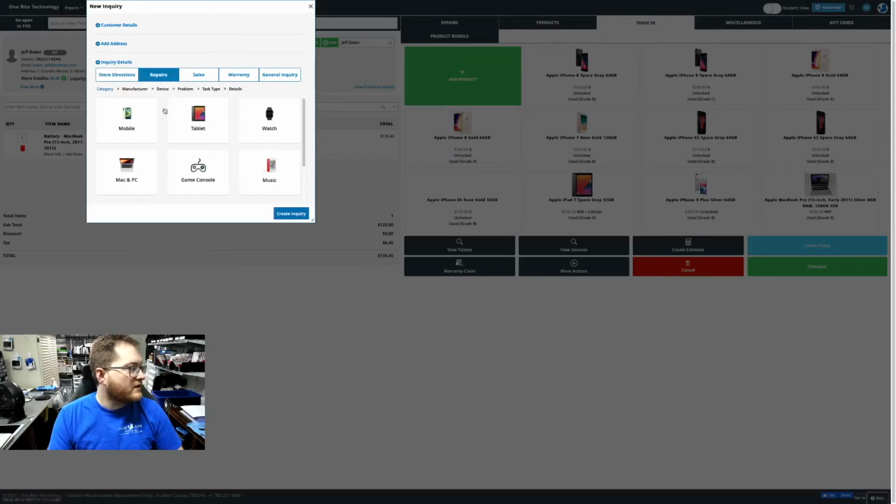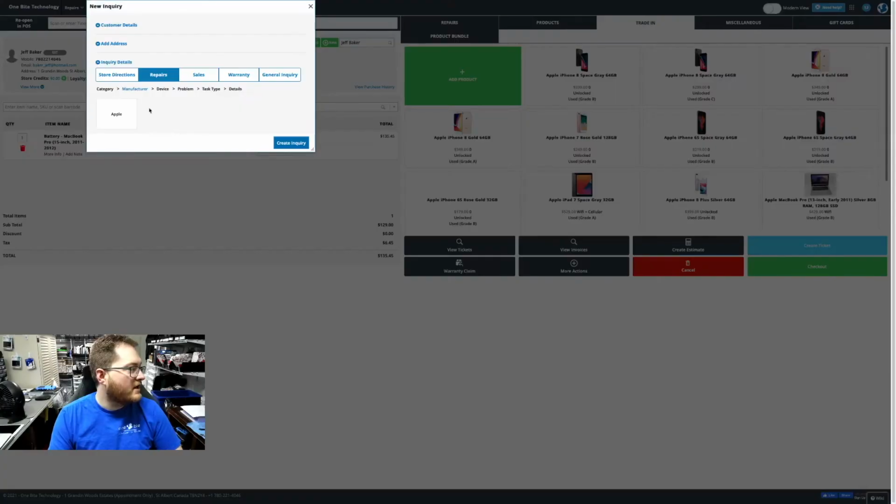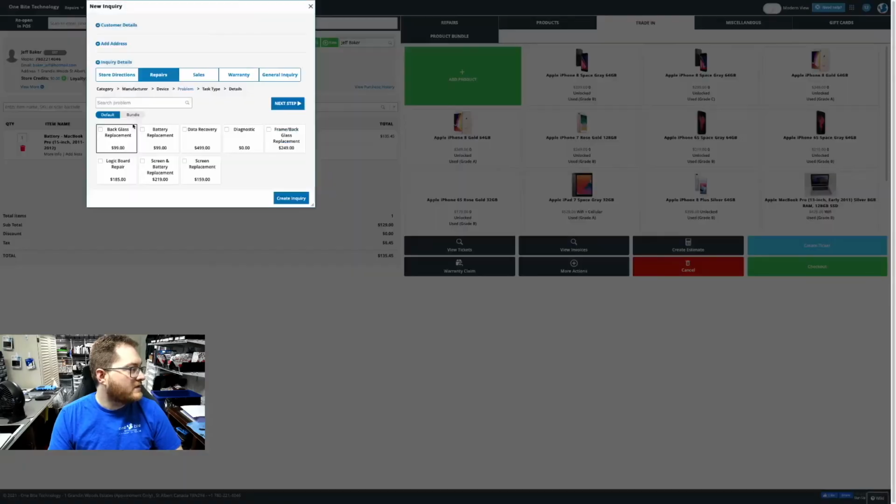Under repairs here, what this is doing is creating a quote for repairs. So if they're calling in and saying, hey, how much is an iPhone 11 screen repair? I would tell them over the phone, okay, it's $159 plus tax. I'd create the inquiry, and then I'm not going to do it because I already have to erase all the other ones I've started. But it creates this quote that you can then fire off to the customer by email